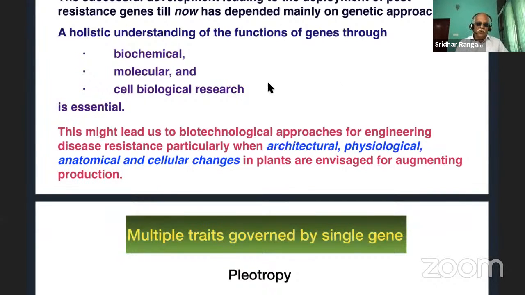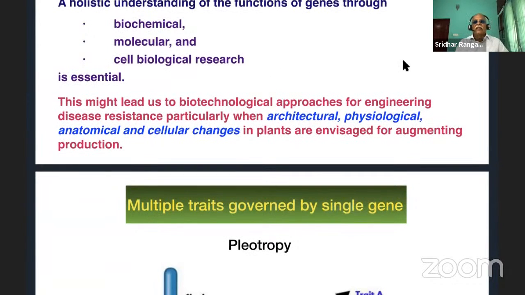But Janeway from USA invented the concept of innate immunity, which is also applicable to human diseases. So there are two aspects of innate immunity. One is called pattern-triggered immunity. That is, some of the molecules present in the pathogen, maybe in the outer cell, are recognized by the host, and the host gene responds to that chemical structure with a resistance reaction. The second layer of resistance is effector-triggered immunity. That's called ETI, and the former is known as PTI.